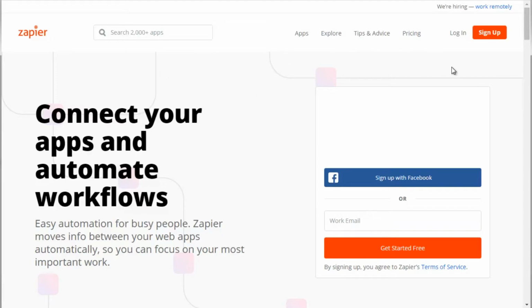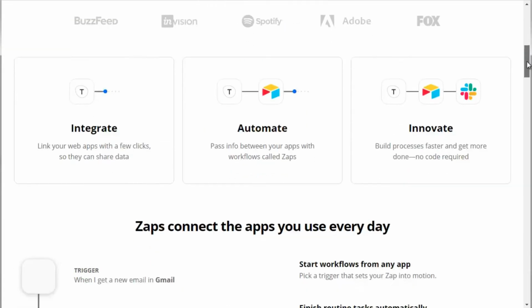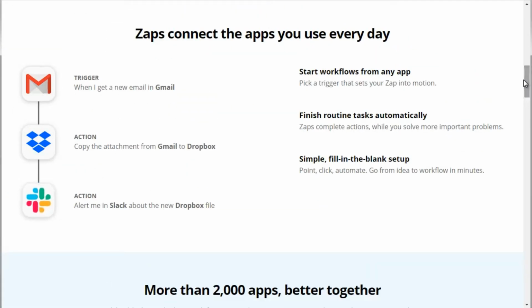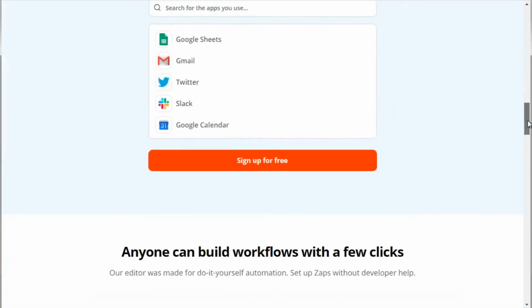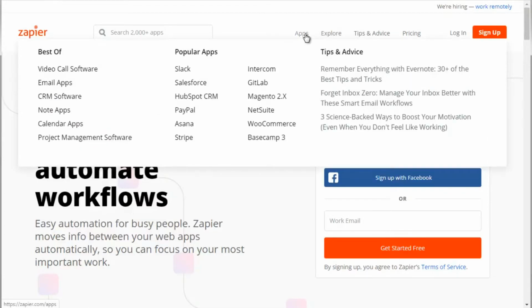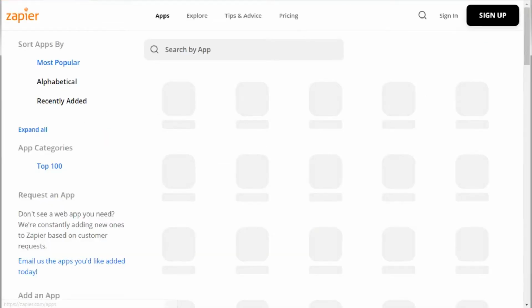All right, so with Zapier, if you scroll down, you can get an idea of where you can integrate different apps. So you can integrate Gmail, Dropbox, Slack, and all that. But we are mainly interested in the social media platforms. So if you click on apps right here,